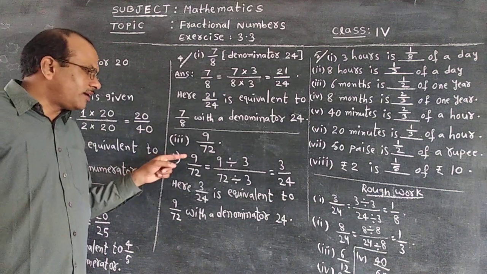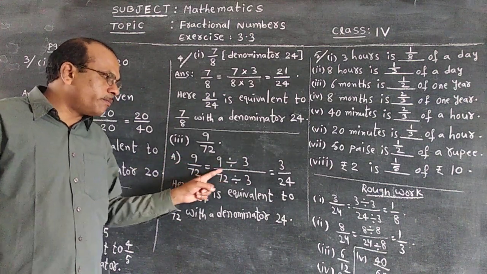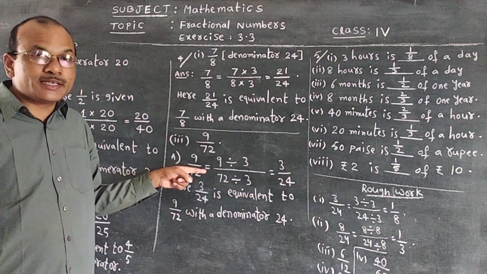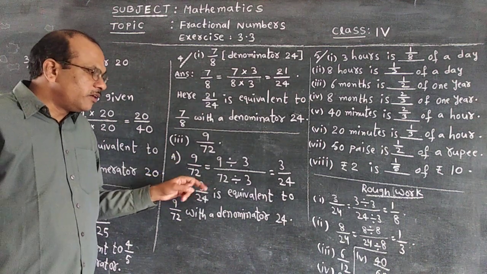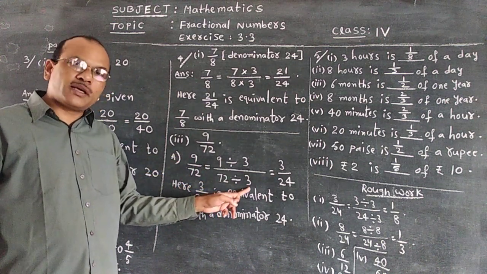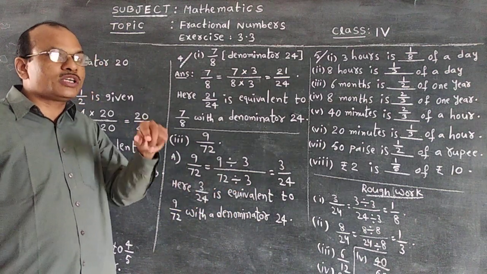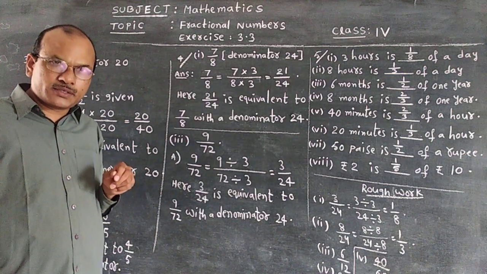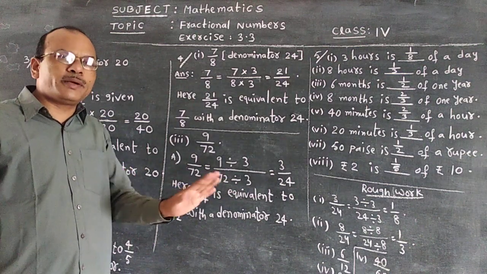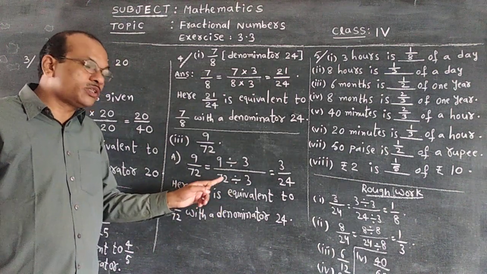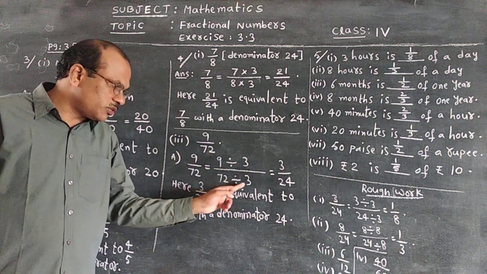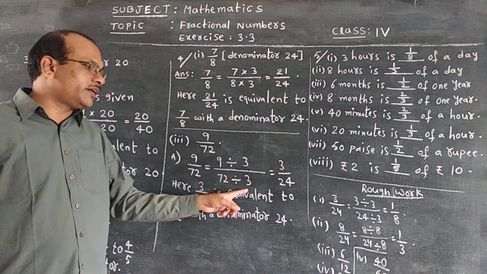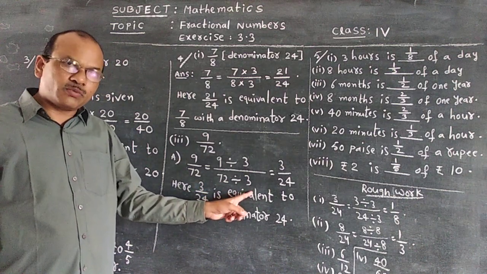So let us see. 9 divided by 3 by 72 divided by 3. This we have to take care of while listening, because it is a division. When 72 is divided by 3, in the quotient you will get 24, because they asked 24 only in the denominator. Am I correct? So here the symbol cannot be multiplication, it has to be division, and that too we have to divide with 3. Then only we will get the denominator 24. That's why we have divided 72 by 3.